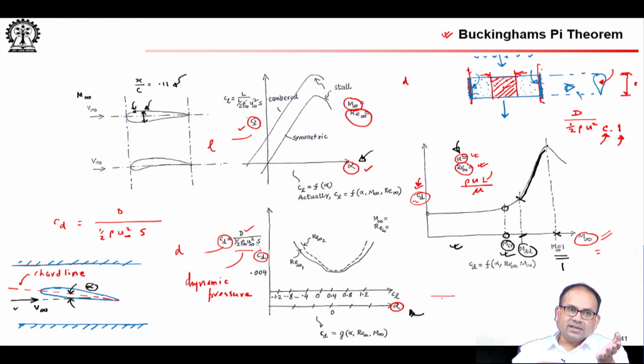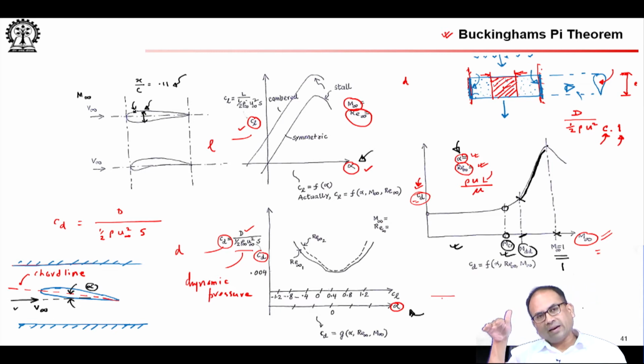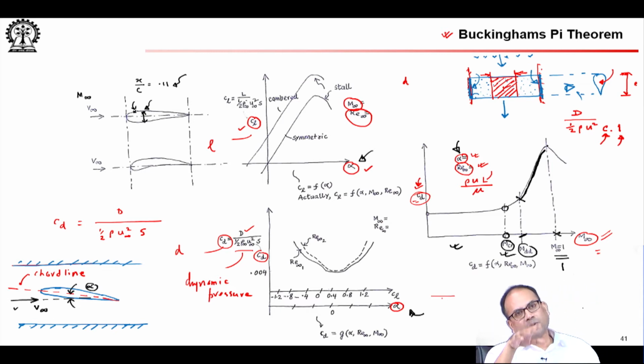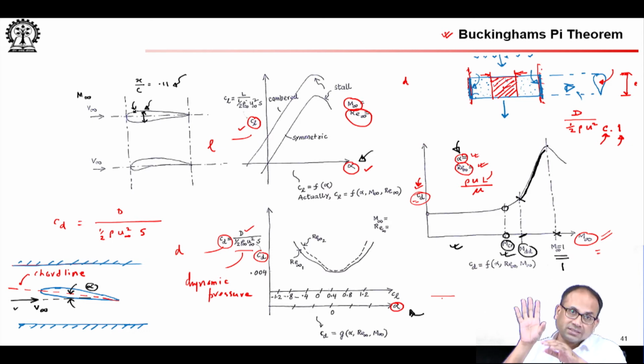Hence very large CD at the sonic point, but not infinite. So, all you needed was an engine that can push you through that high drag region, and once you cross Mach number 1, you see drag decreases, and we will talk about this whole drag thing in our next lecture. But at this point I want to just draw your attention to what this drag divergence is, and remember